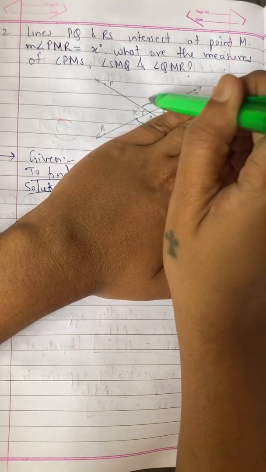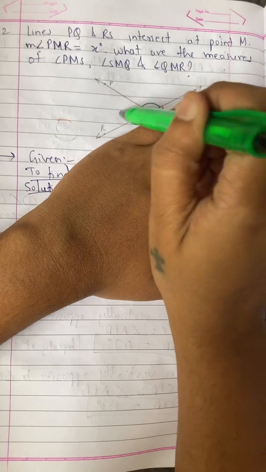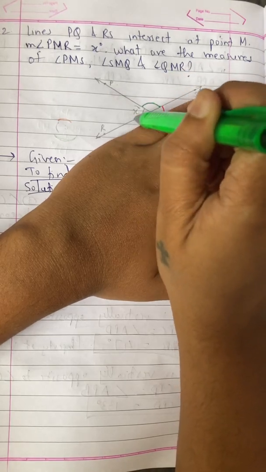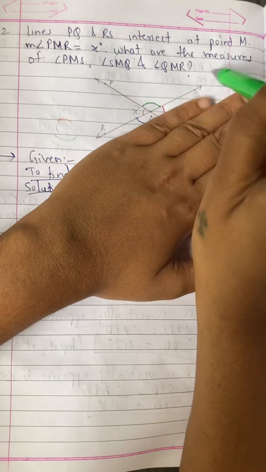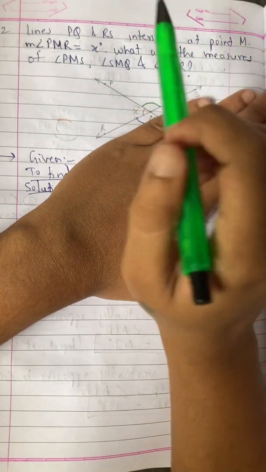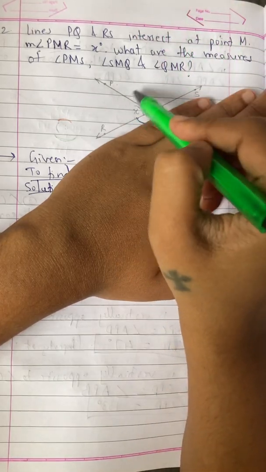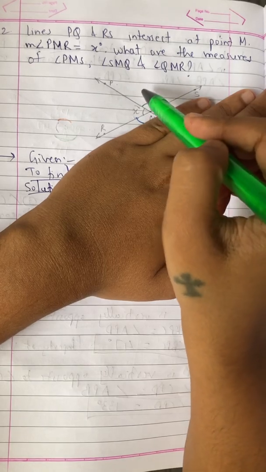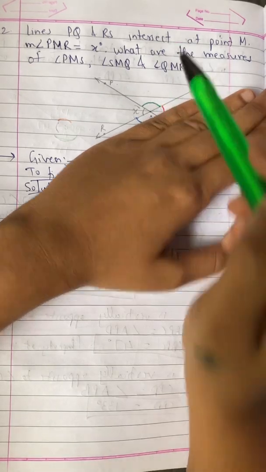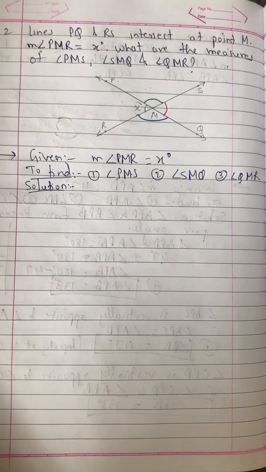First of all, they are adjacent to each other. See, they have common arm. They are sticking to one another, and they lie on the common baseline, which is straight line. That means both the angles are linear pair. And linear pair angles, whenever we add, that are equal to what? 180 degree. Okay. So let us solve.